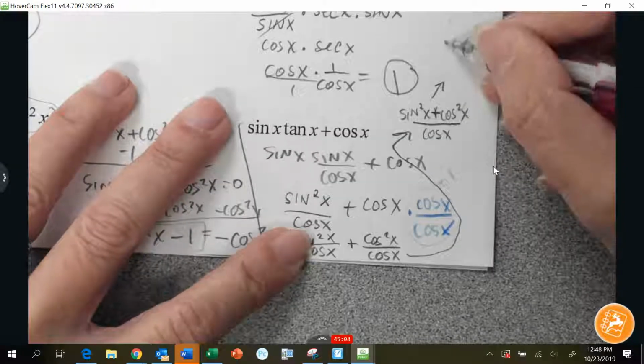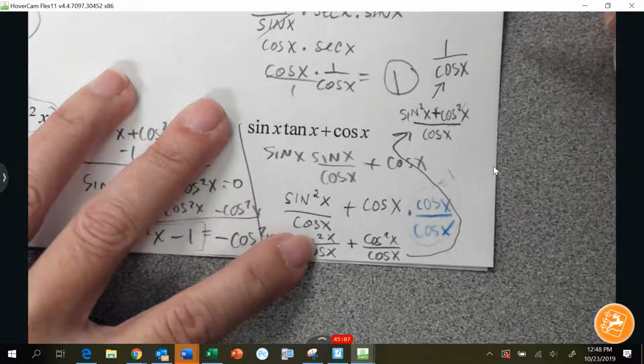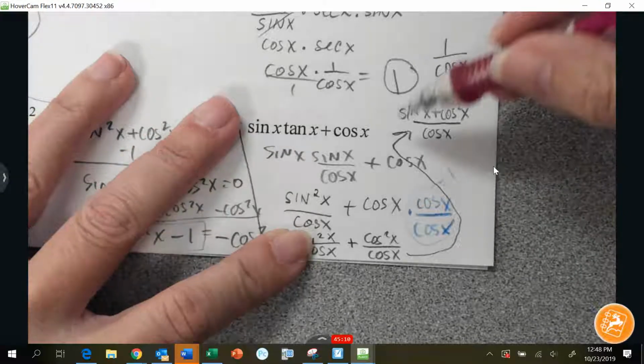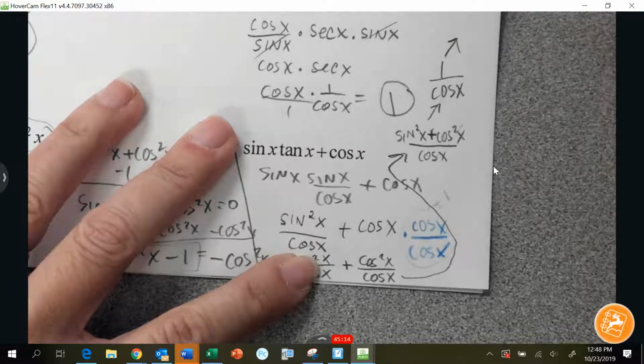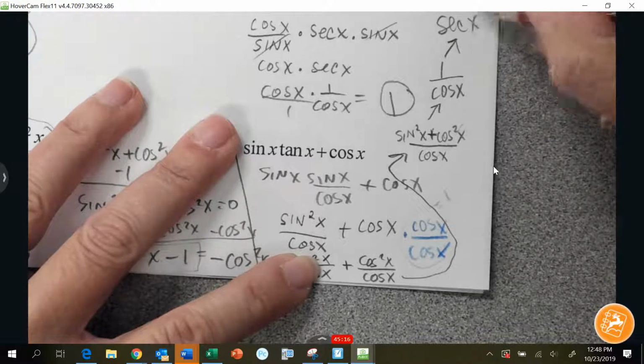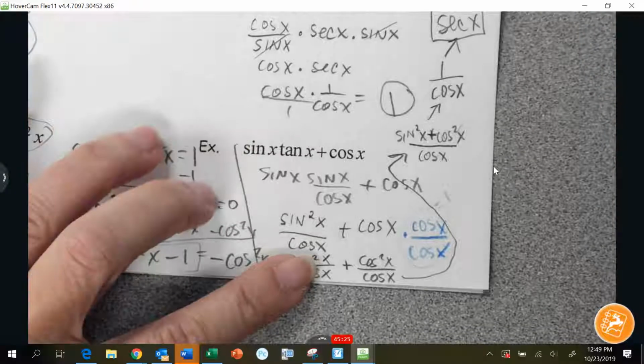By the identity, this is now 1 over cosine x. Still not done. I'm going uphill, though. It's weird. I can go one more step. Secant x, yeah. Got it to 1 trigonometric ratio. So that's what our assignment's going